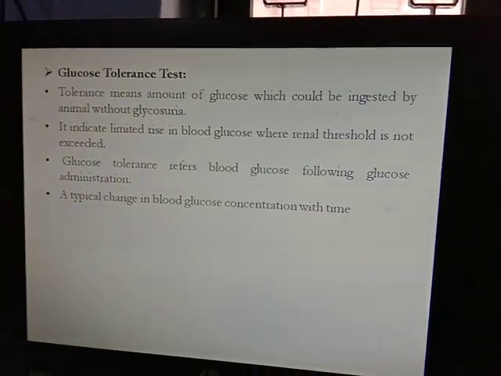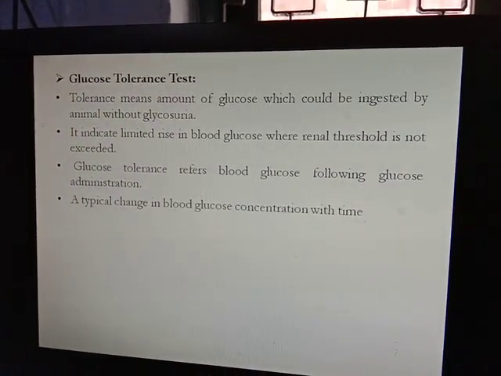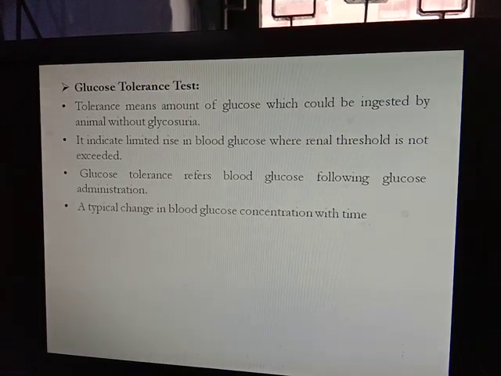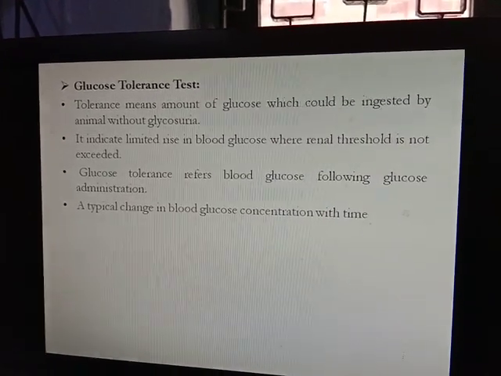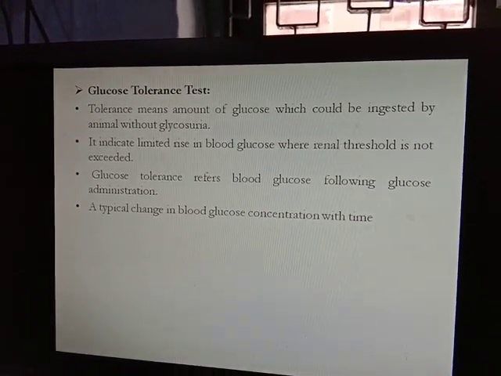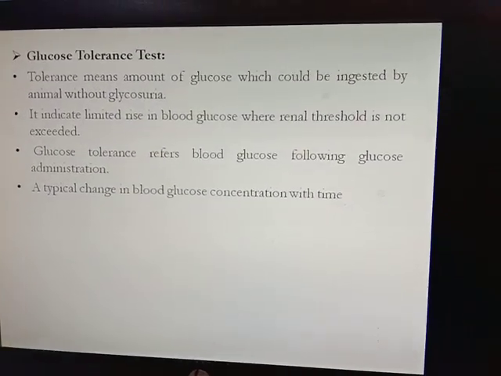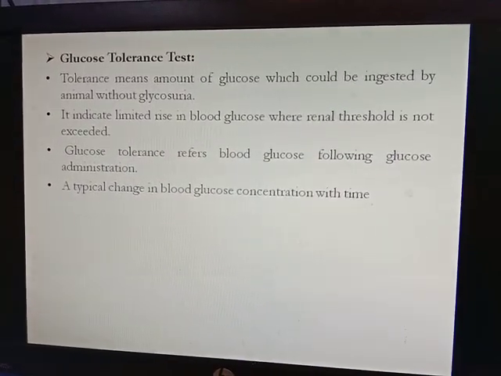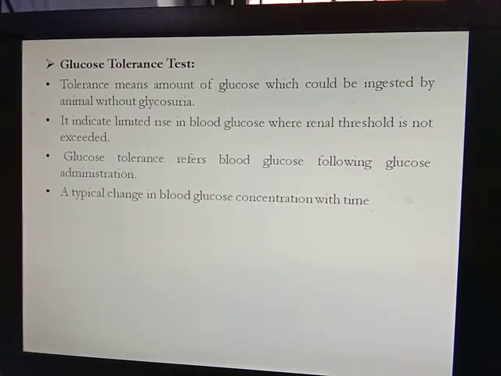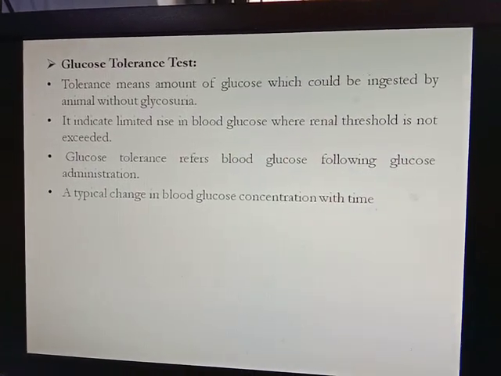Then the glucose tolerance test. Tolerance means the amount of glucose which could be ingested by an animal without glycosuria, meaning how much glucose you can take without spilling that glucose in urine. So you know that